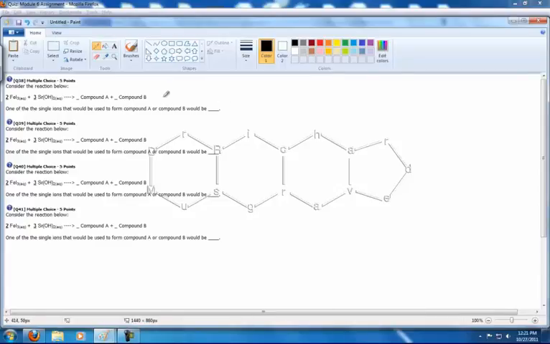So we've got a double displacement problem here. What we're trying to do is figure out the single ions that would be used to make compounds A and B. After I've done that, I'm actually going to take this a little bit further and show you how we get compounds A and B too. Alright, so we've got FeI3 plus